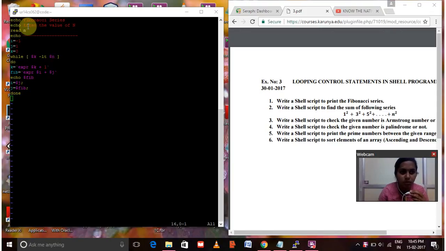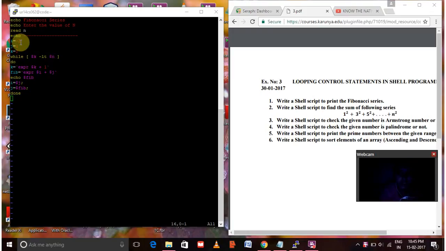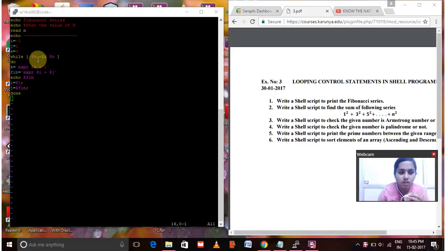I'm giving the print like this, Fibonacci series, and the value is entered, and the value is written, and I, J, and K are given as three numbers. The while loop is a looping statement. We are giving the expression in while and do while. In the while loop I am giving K, with the limit tending to n, and K is equal to the expression K plus 1, and the Fibonacci series is between 1 and I and J, and